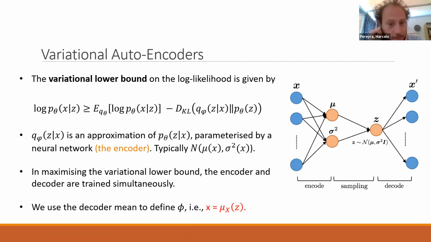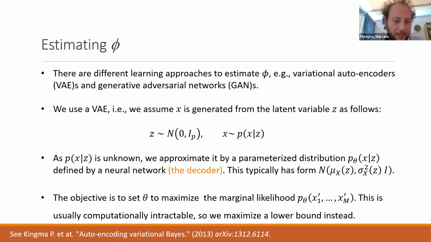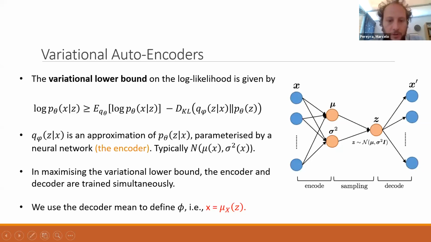By the way, none of these ideas are new. They are explained in several places, but in particular, you can read this tutorial by Kingma. And the idea is you come up with this lower bound, and the lower bound involves another network that we call the encoder, which is the network that allows you to reduce X to the latent representation Z, and it is also a statistical model. And then you try to learn both of these two networks, the encoder and the decoder,